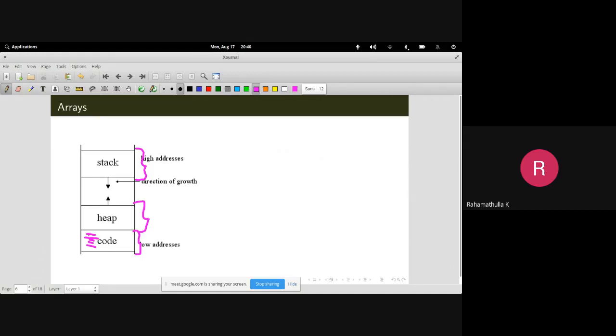So it will have a main function, then all the program code. The other sections are the place where you keep all your variables, data, etc. The stack and heap are both used for keeping your variables and data, and both have their own differences. The stack will grow from here, from the higher end, and the heap will grow from the opposite. The section which is directly accessible to the program code is the stack section. We will see this in detail.